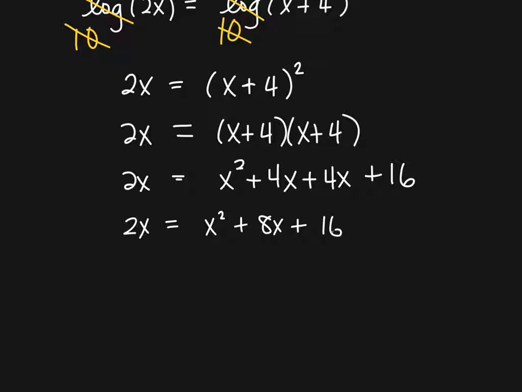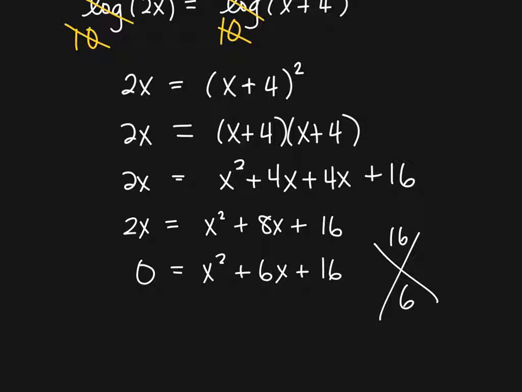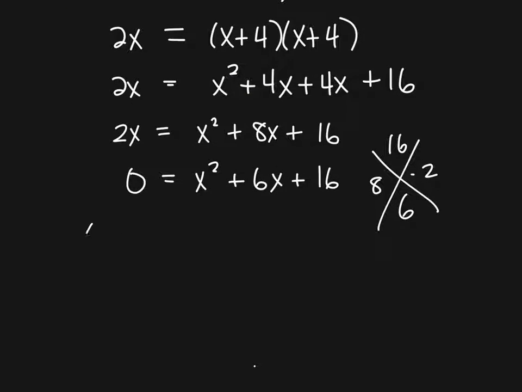And then you set it equal to 0, and you'll have x squared plus 6x plus 16. And you try the star on that. Okay, are there any numbers that 16 and 6 work when making a star? I wish I could do 8 and negative 2. That'd be great. But that doesn't make positive 16. And I can't really think of anything else. So what does that mean my only option is at the end? Quadratic formula. So to finish up, whoop,